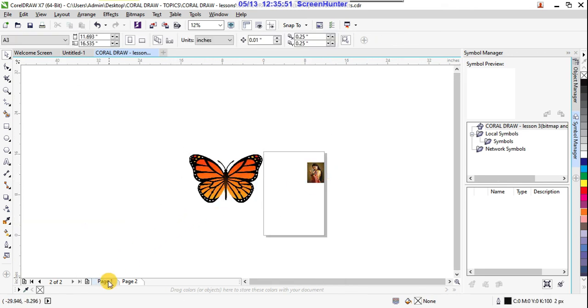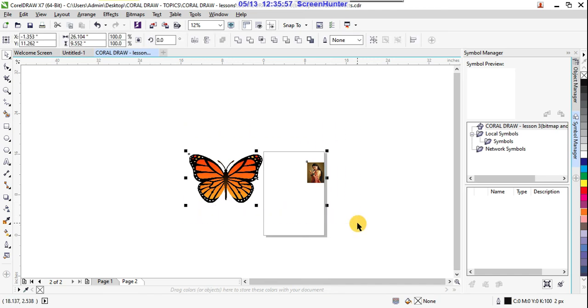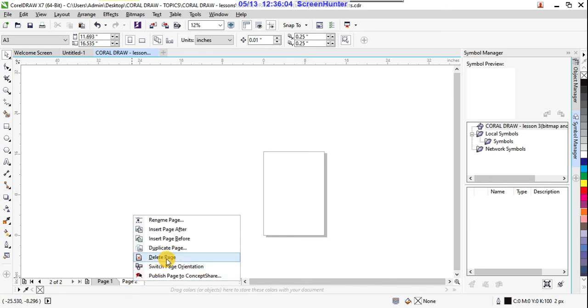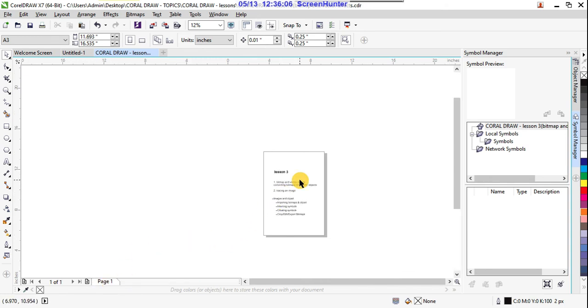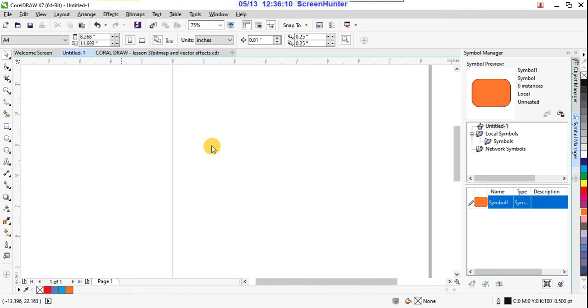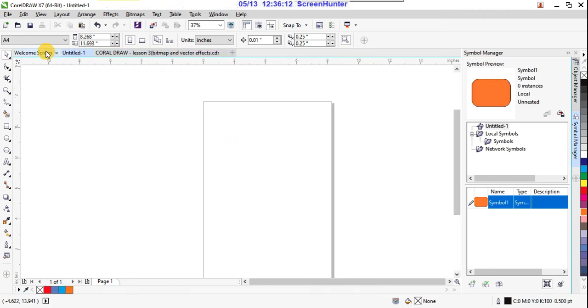So one more object is there. So Control X I am using because I want to delete this page because it is a lesson, details are there. So I'm using untitled, the other things, or otherwise I'm importing again.